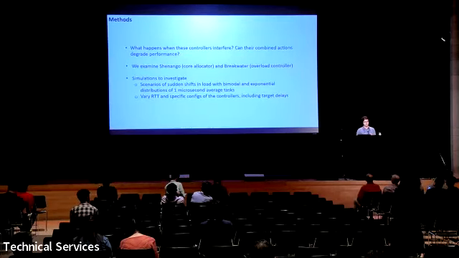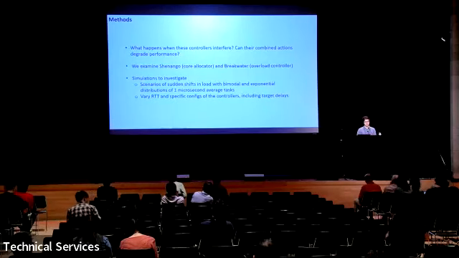In this case, we are analyzing Shenango as our core allocator and Breakwater as our overload controller, and we're using simulations to investigate these systems. Some scenarios that we investigate are sudden shifts in load, along with tasks that are on the microsecond scale with distributions both exponential and bimodal. We are varying the RTT and also the specific configurations of both these systems in order to see what happens as they interfere, especially with similar target delays.